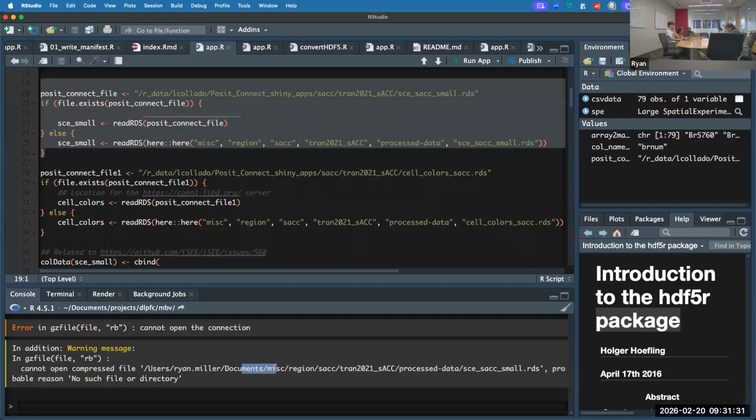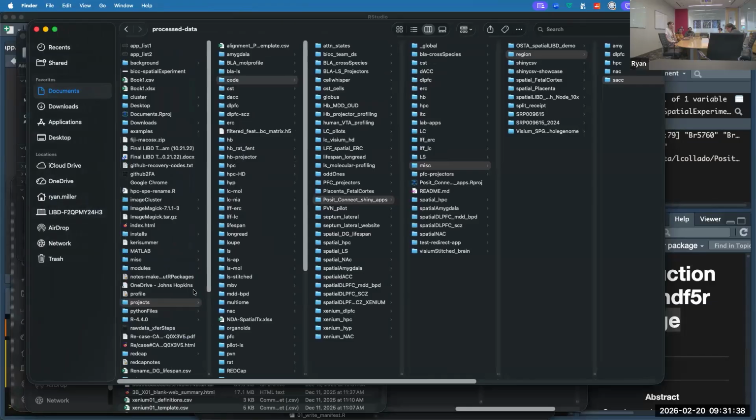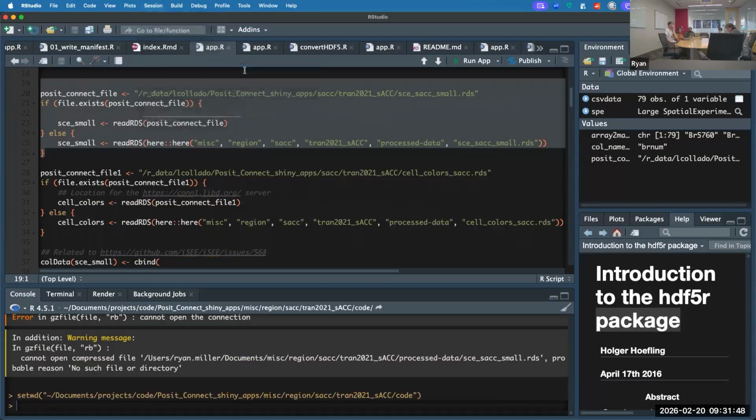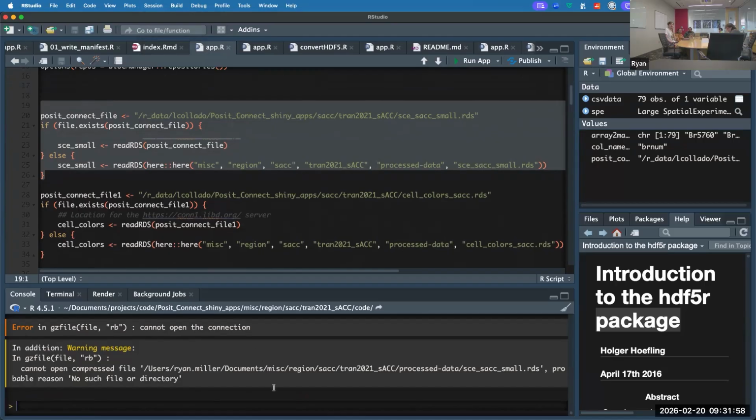Pretty. Oh, this should be... I guess you never changed our session. Yeah, you go to Session, Set Working Directory. So, oh, the "here" is still pointing to the wrong place. Did you clone the repo or